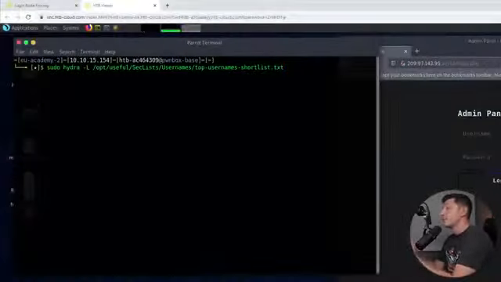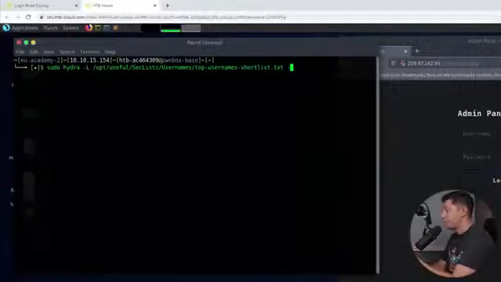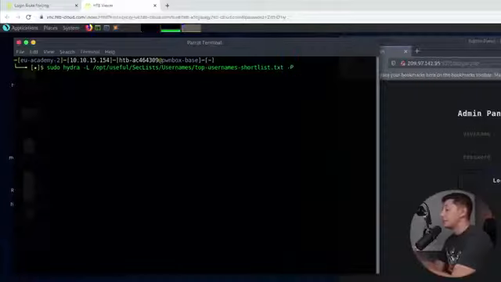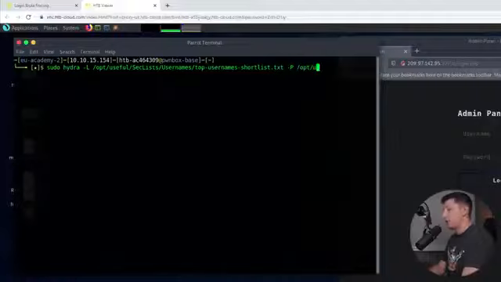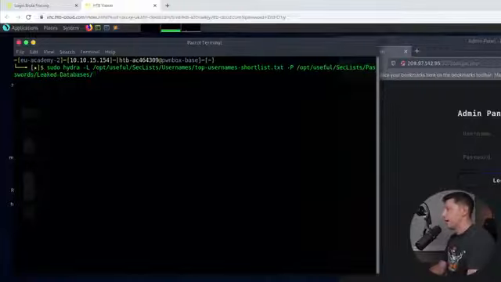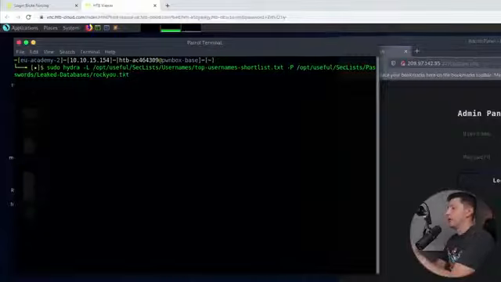To use this list, we need to type -P and then the location of our list, which for me is /opt/useful/SecLists/Passwords/Leaked-Databases, and then rockyou.txt. Now, if you're not using Hack The Box Academy, then you're